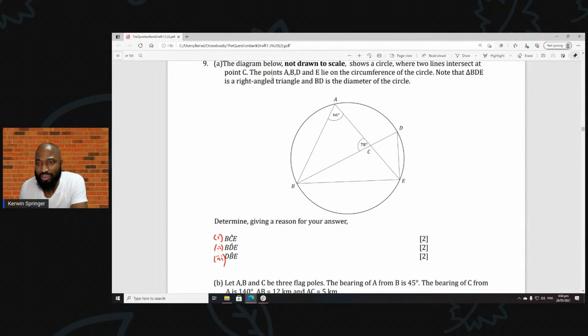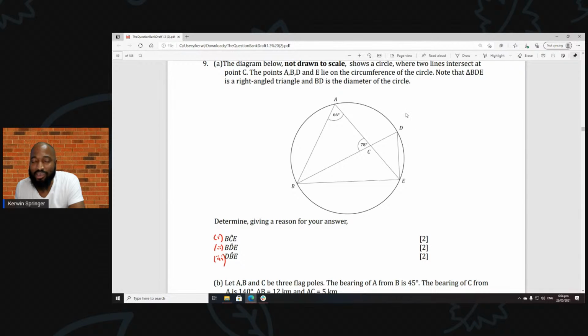Notice, say something about a right angle here. Note that triangle BDE is a right angle triangle. Wow, this is not drawn to scale at all. This is the right angle here, but still not drawn to scale. All right, so if this is a right angle, it's suggesting something going on here. Anyhow, so